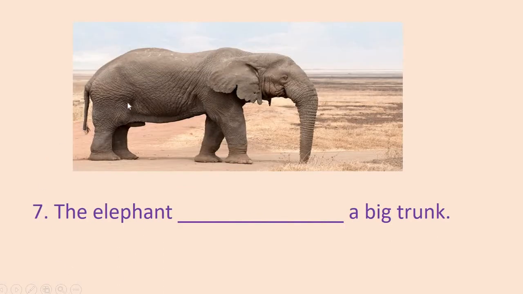See now number 7. See the picture. Yes, it is an animal. Which animal is this? Can you remember? You all know. It is an elephant. See, this is a trunk. This is a trunk. These are his ears. And this is a small tail. 4 legs. Elephant is having 4 legs. This is a trunk. These are ears. And this is a small tail. Okay. Number 7. The elephant.